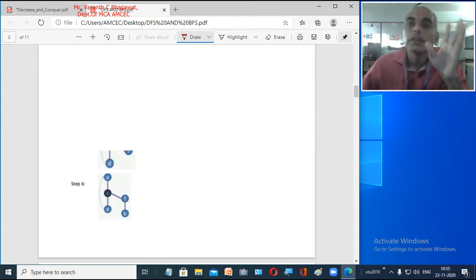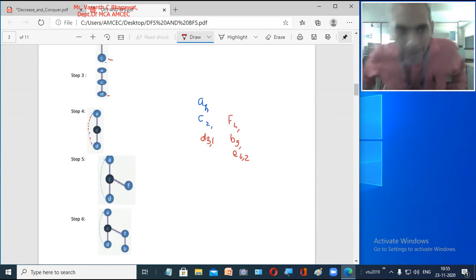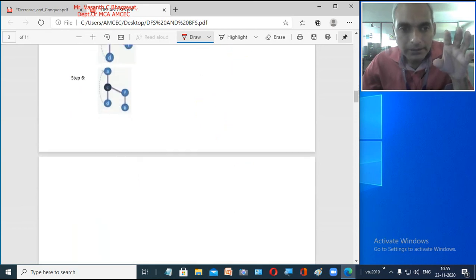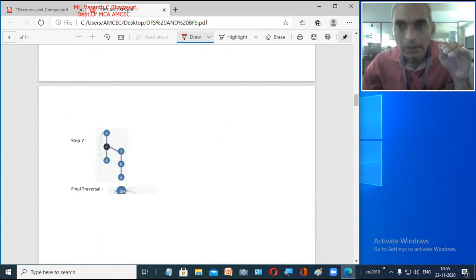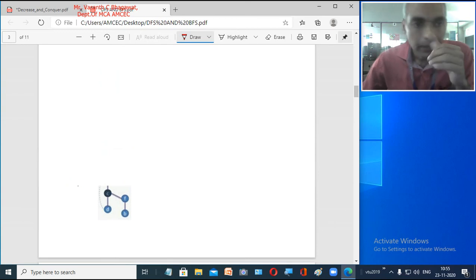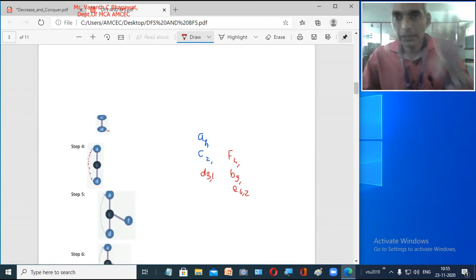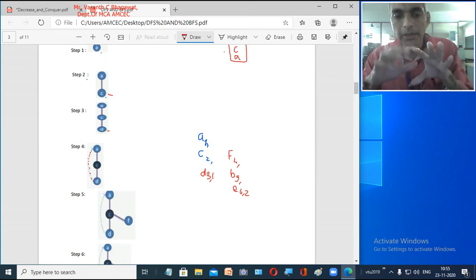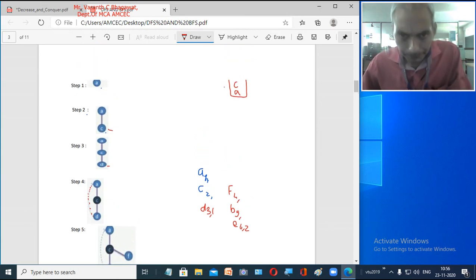Or else, even simpler, if you are getting confused, what you have to do is, based on this traversal, you construct the entire tree first, right? Then you observe your graph. Wherever there is an edge between nodes in the graph but here you don't get any edge, then mark it with a dotted line. Clear?